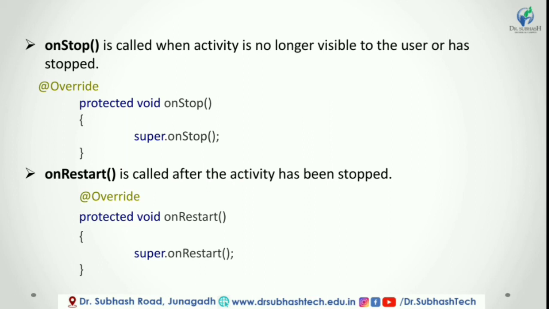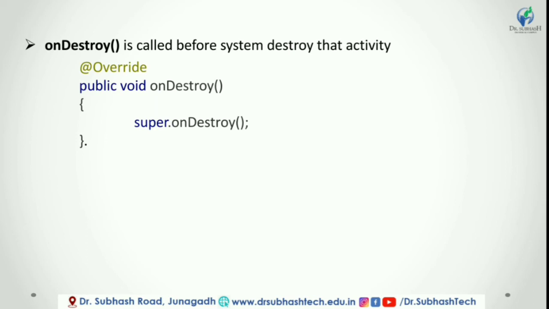And the last method is onDestroy. The system will invoke onDestroy method before an activity is destroyed, and this is the final callback method received by the Android activity. The system will invoke this onDestroy callback method either when the activity is finishing or the system is destroying the activity to save space. Following is the example of defining onDestroy method in Android activity.